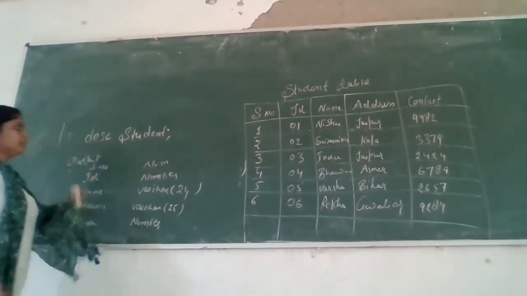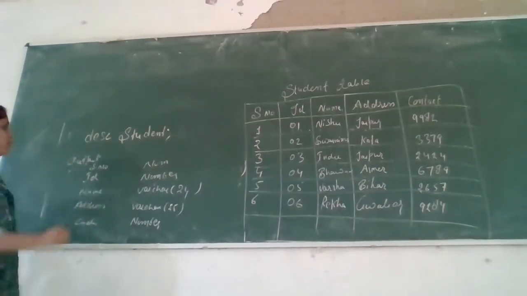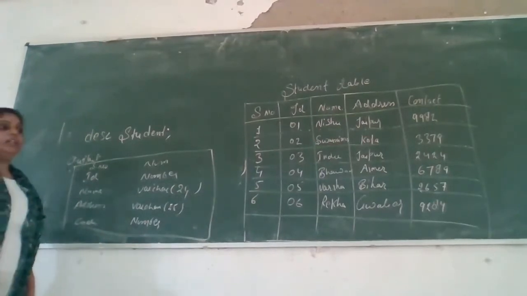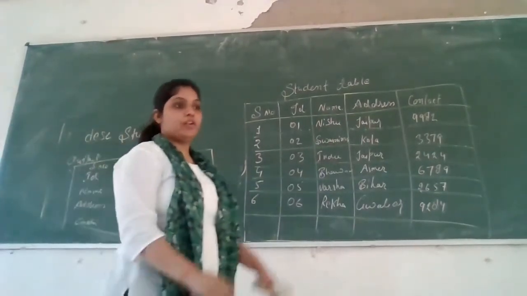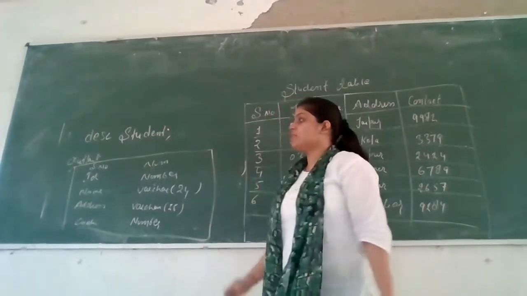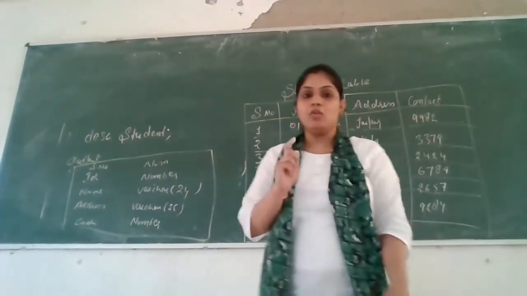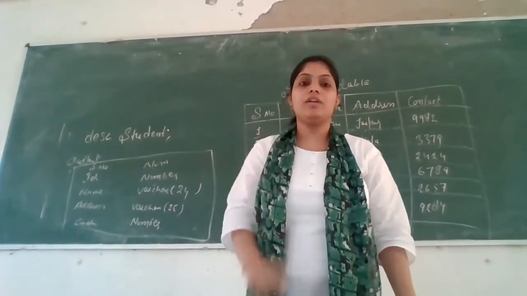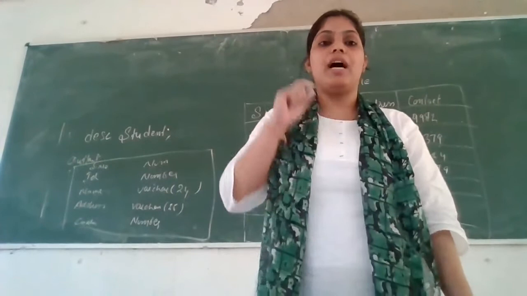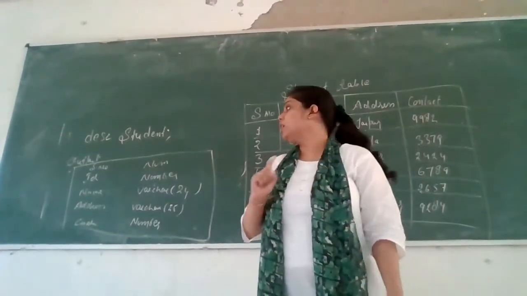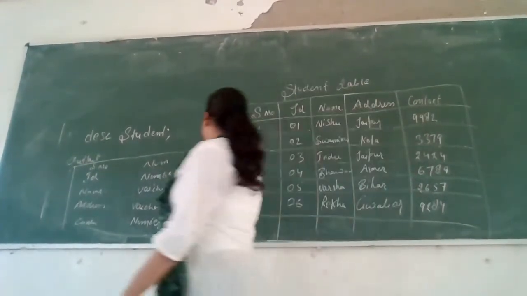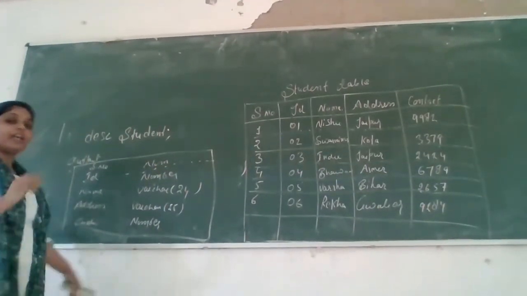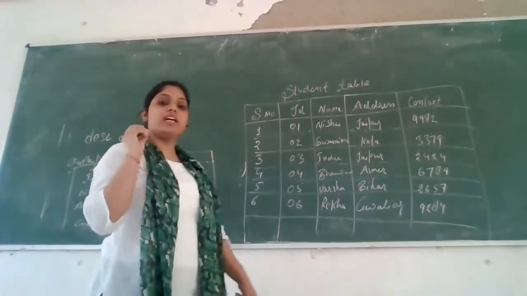So after writing this statement, you can see this type of output. If you want to make your table with a primary key, in which your ID is not repeated, your name is not repeated, and your contact number is not repeated. In a single house, two students may be, but in a university or a college, a single student has a single unique identity, a unique ID.